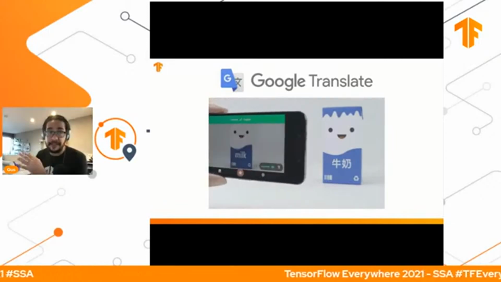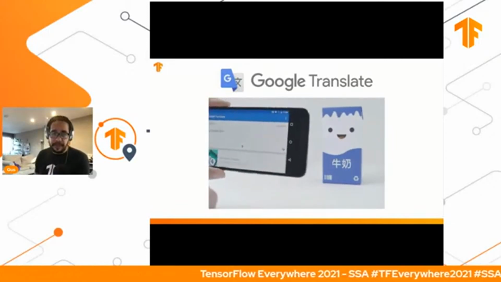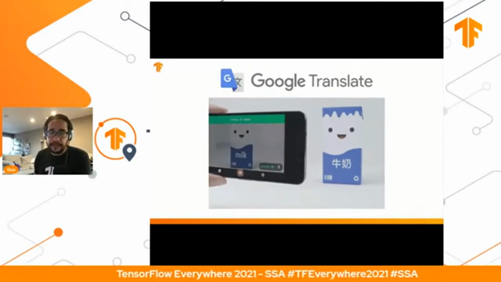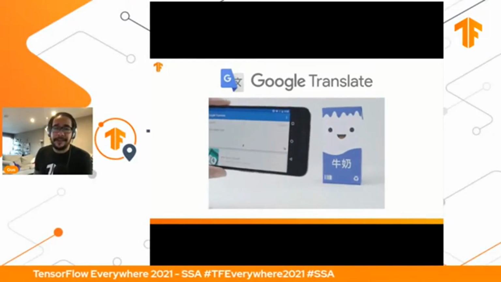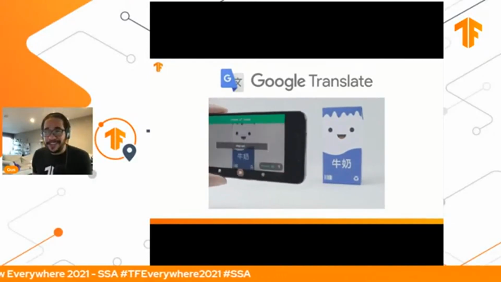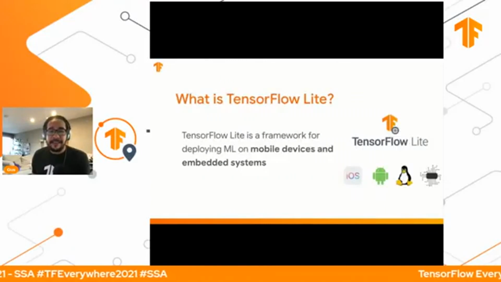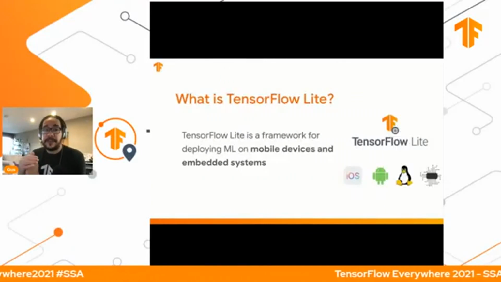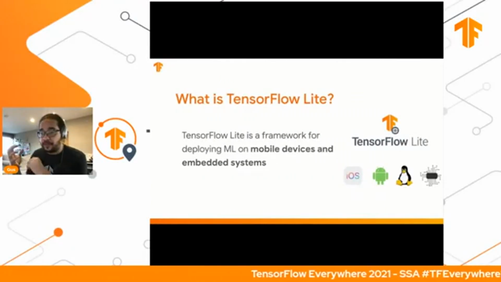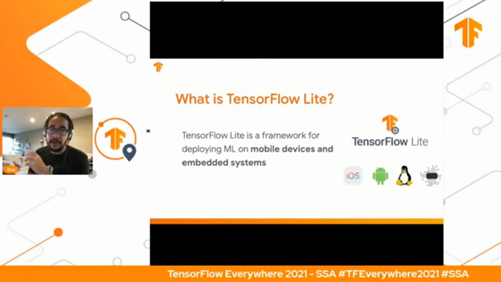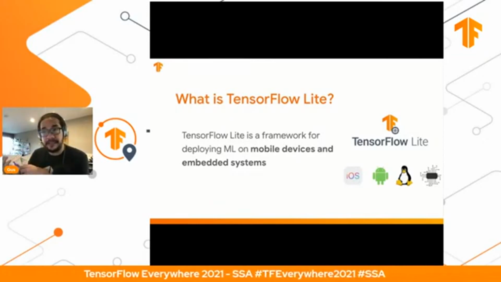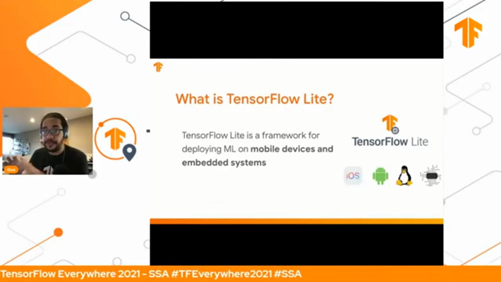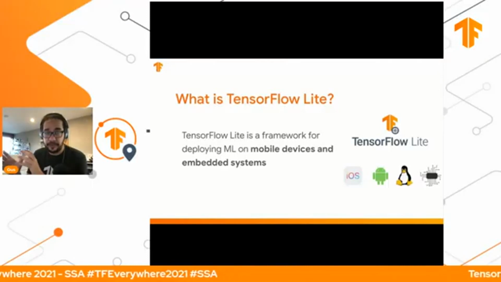How do we do this? The next question I have is, okay, I agree with you, Gus. This looks like a good idea, and you should. But how do we do that? How do we get there? And this is where we have TensorFlow Lite. TensorFlow Lite is the framework for deploying machine learning models on mobile devices and embedded systems. It's not only Android. We are going to see there are a bunch of devices that we can use here.